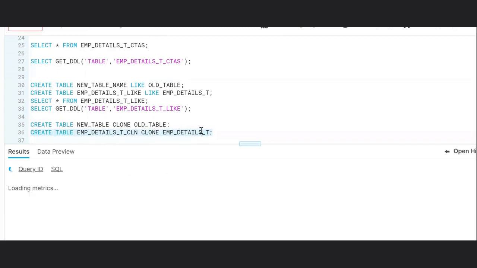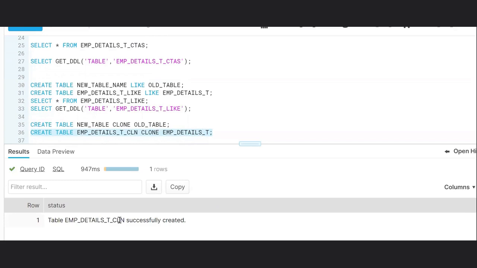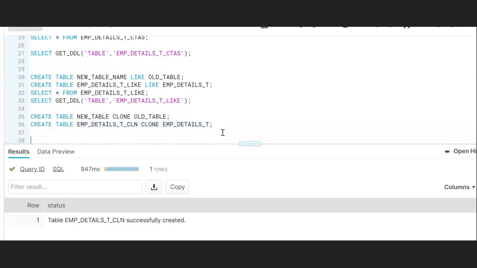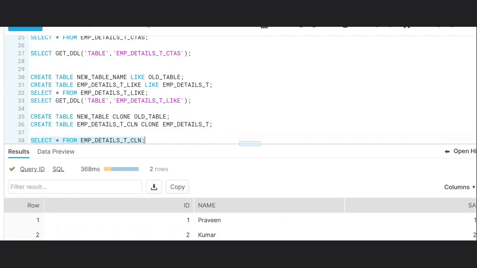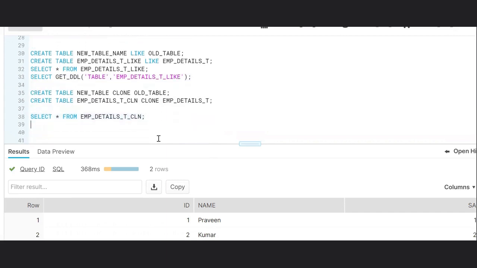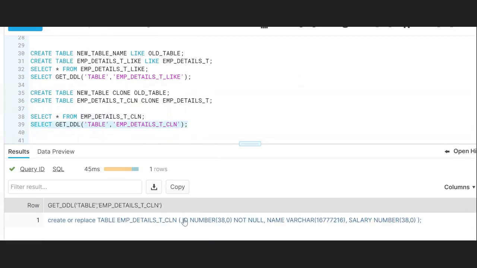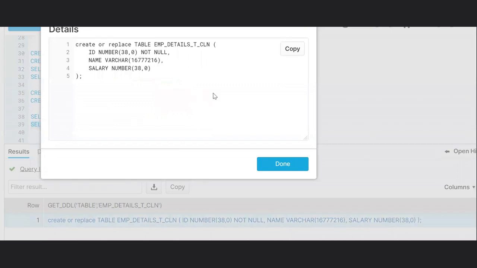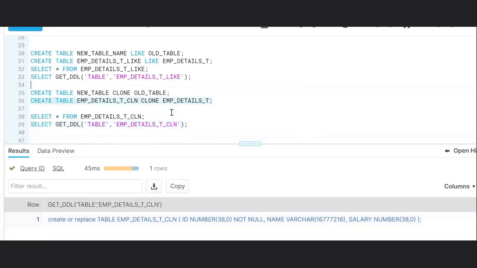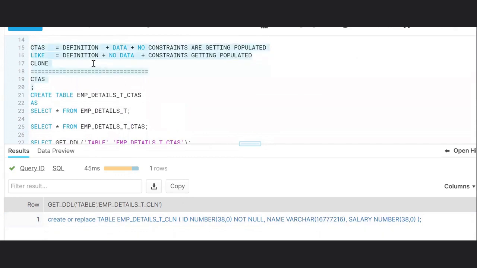Now we'll see what will happen. Table employee details successfully created. Now we'll check whether definition, data or constraints get populated. See what happened? Definition as well as data. Now we'll check whether constraints are getting populated or not. If you see what happened, not null constraints are also populated. So by this we can conclude what? By using the clone keyword, we can get definition